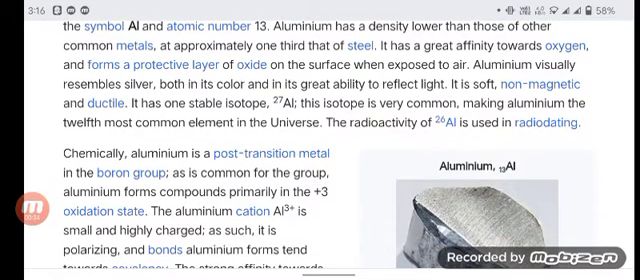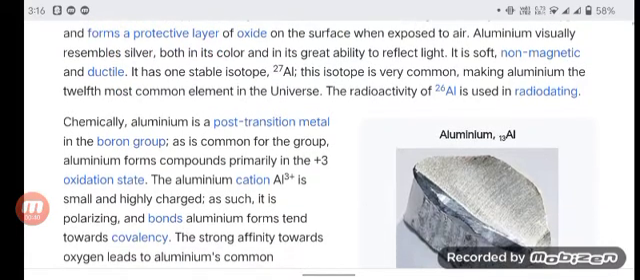It has one stable isotope. This isotope is very common, making aluminium the 12th most common element in the universe. The radioactivity of Al is used in